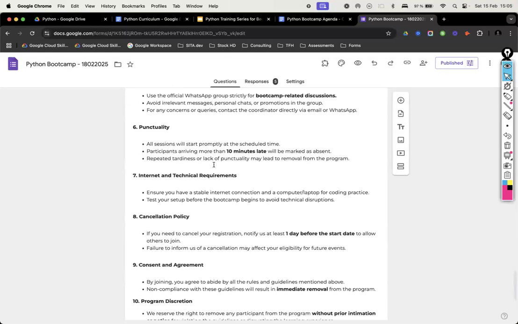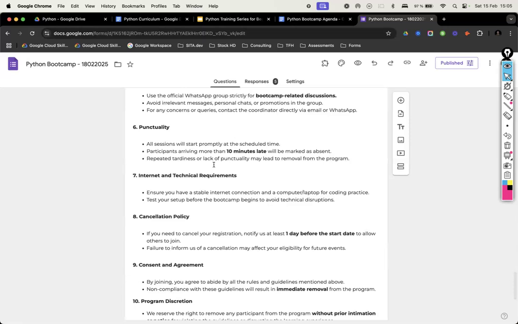And join sessions almost on time every day. As I said, I can say only one thing: communication is the key. If something happens, that's fine, but if you fail to communicate, that means it's not professional or you took it for granted. But as long as you show the commitment and dedication to learn the program and communicate promptly, all these rules are around that.